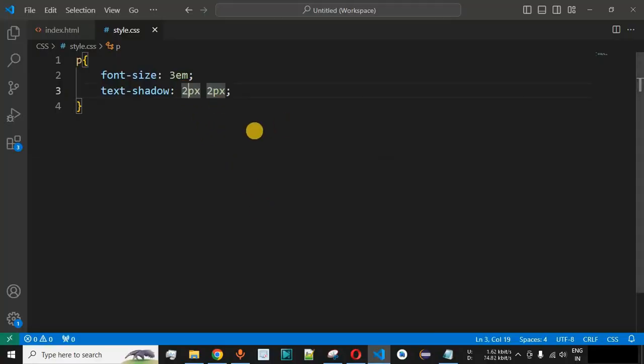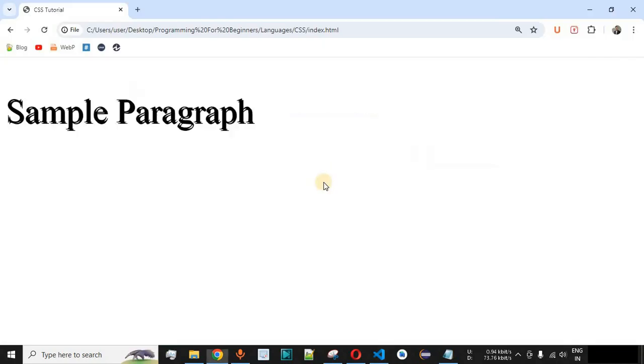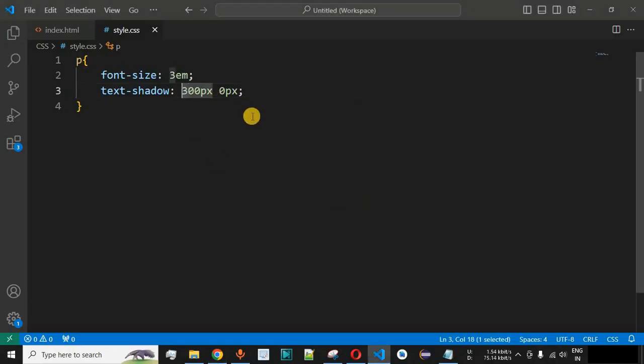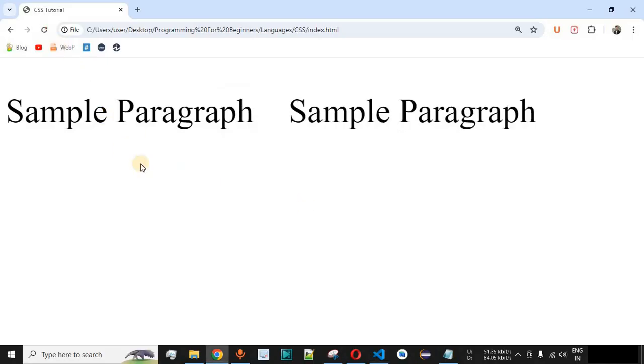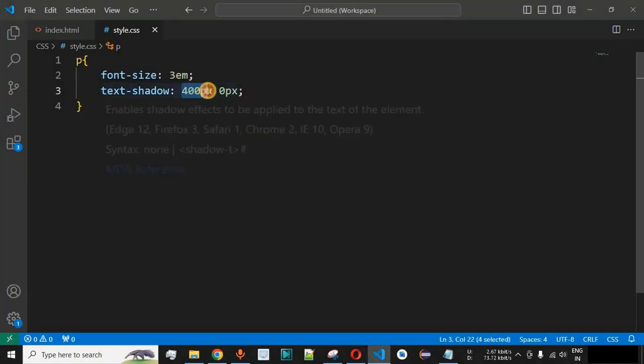So what we will do is we will increase the horizontal shadow over here. So let's say we provide 300 pixels in this case and 0 pixels for the vertical shadow. So let me just save this file now and try reloading this page once again on the browser. So as you can see, this is the shadow that is appearing over here. Let us increase the horizontal shadow to 400 pixels. Let me just save this file now. So as you can see, now this is the shadow that is getting appeared over here on the right hand side of the actual text. So guys, basically the sun is on the left hand side and the shadow is appearing somewhere over here, and this is the meaning of the horizontal shadow right now.